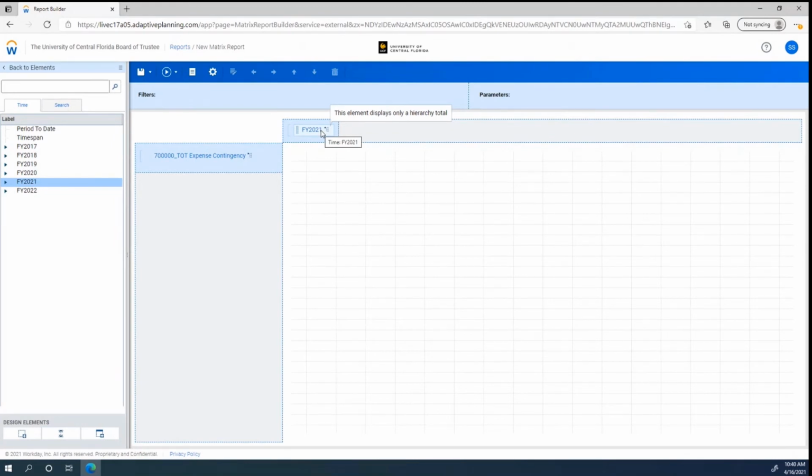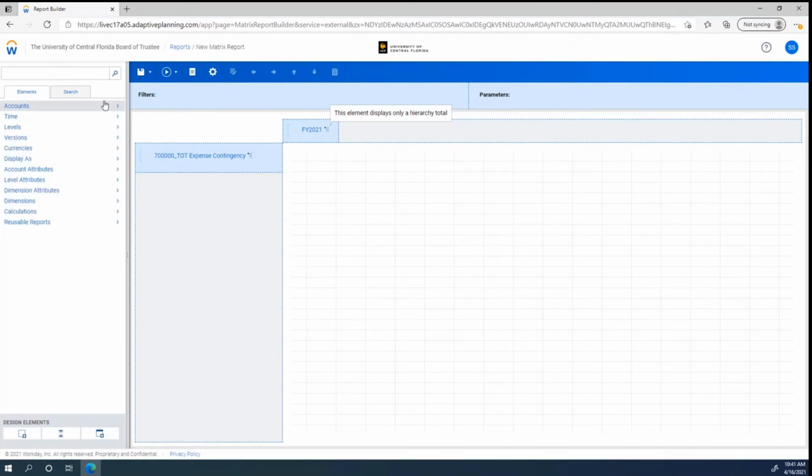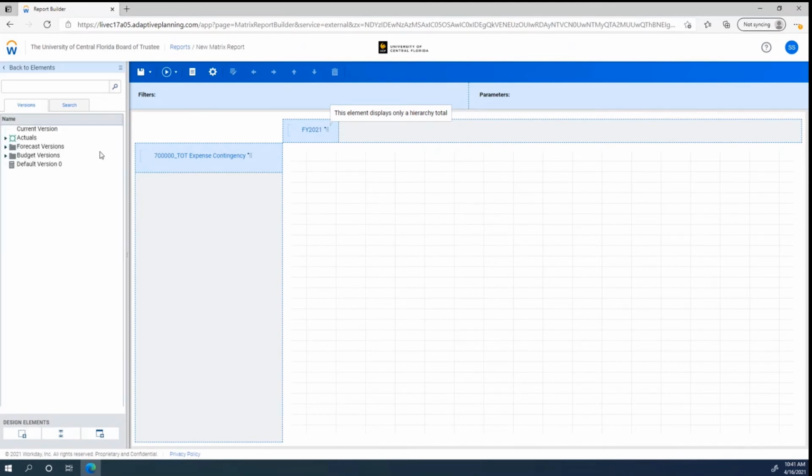So right now, I've just dragged in FY21 here. And remember, to get back to our main menu screen right here, we have this back to the elements. So we'll go ahead and click the back to the elements. And so now what we want to do is take a look at the versions. I'm going to go ahead and click the versions right here,